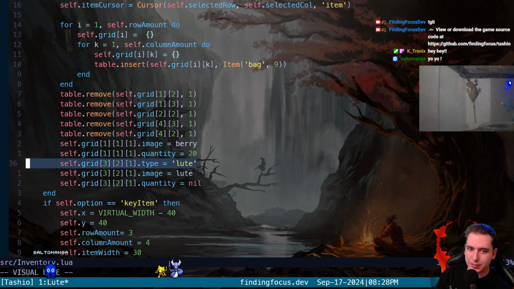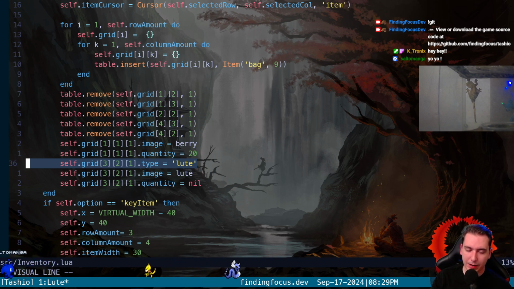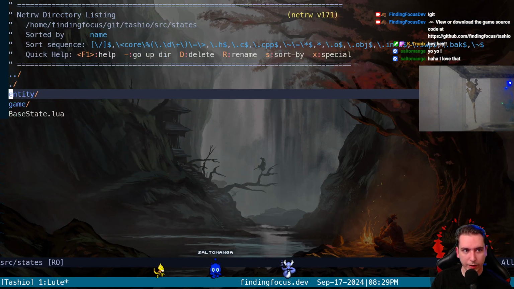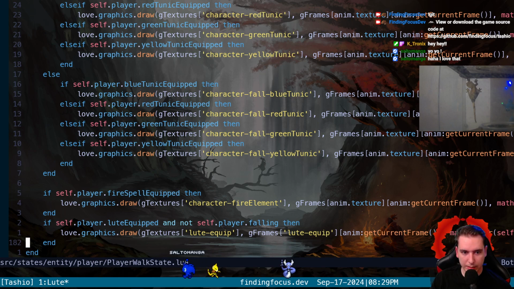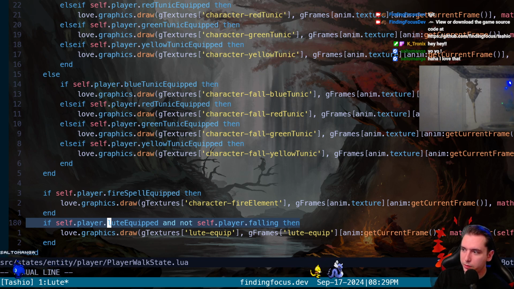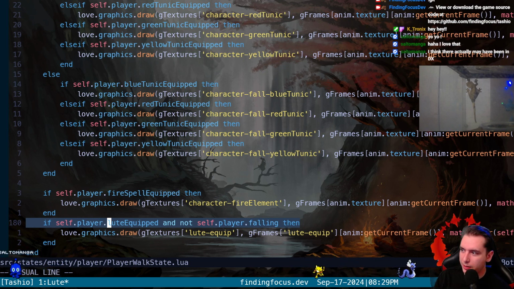Okay, so we're copying over, we're instantiating the type to be of type loot here. So what we need to do now is say we are rendering the loot in the item slot, but what we need to do is render our loot if the item slot is not nil and if the item in the item slot is of type loot. So we have that in our player walk state. We can find it in here, player walk state, and we can see it's not luteEquipped, and we could do luteEquipped here, or we could ask the item slot here, because the item slot,